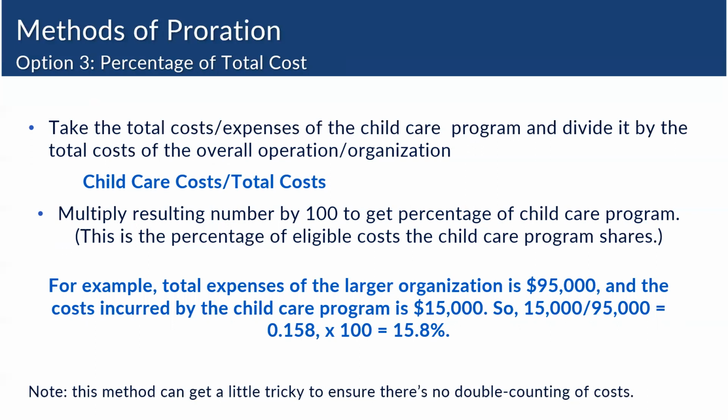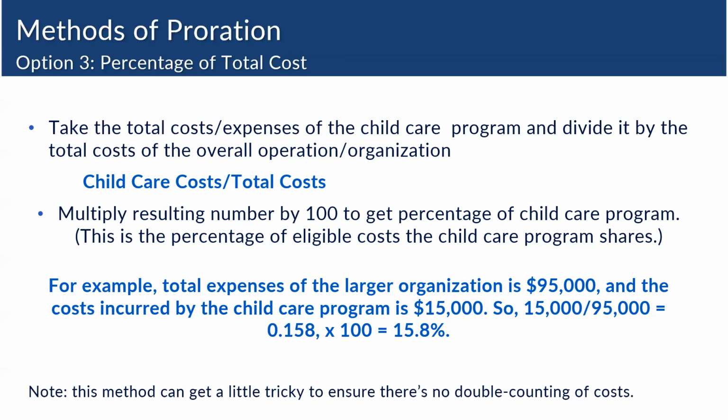This should include the dedicated cost for the program, things like supplies and salaries, but not costs that are shared between the childcare program and the entire operation. Think back to the parking lot example that we discussed earlier. The money spent on that should be included in the cost for the entire operation only, as you do not want to double count costs. This can get confusing, so if you have a lot of shared costs, choosing another method of proration may be